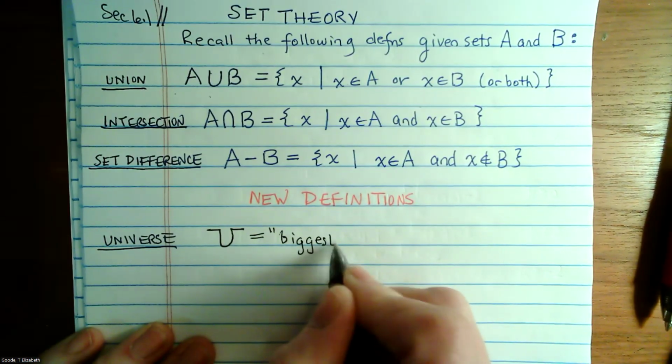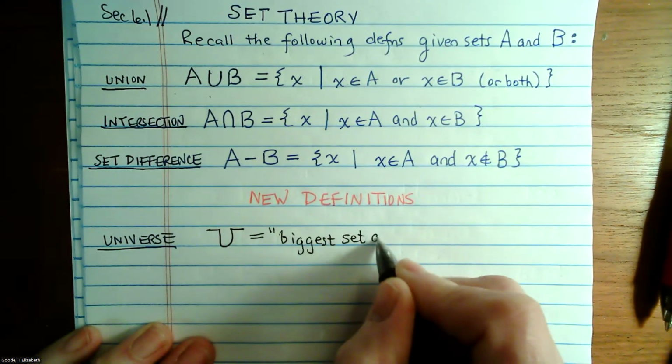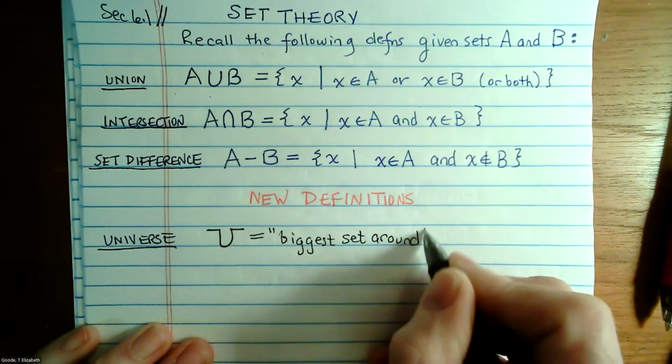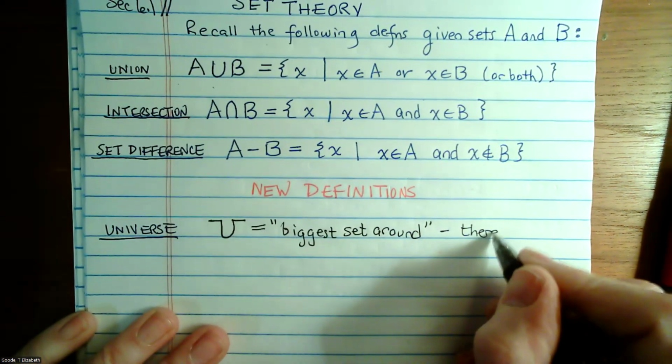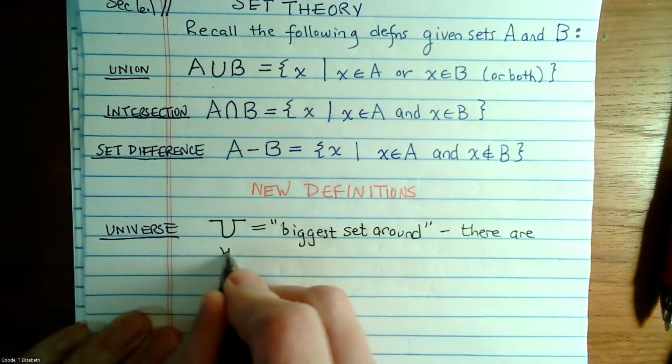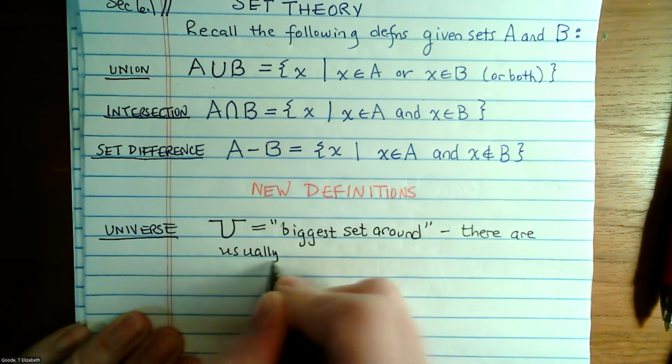I'll put that in quotes because that's not very technical, but it's a set that contains all the elements that are in play. And there are usually several reasonable choices